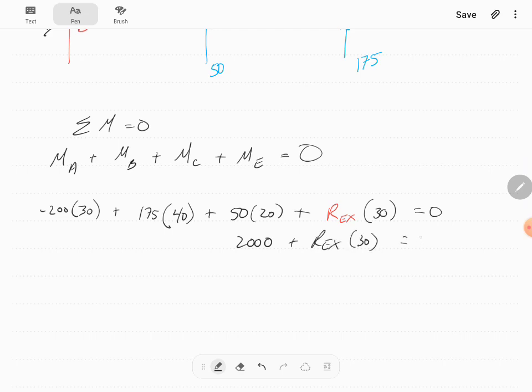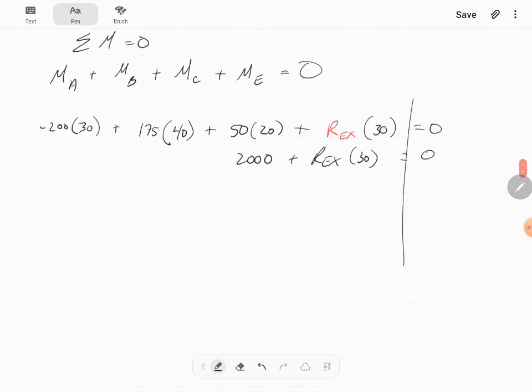Now, this is a silly problem that a lot of you guys are having. You're forgetting your basic Algebra 1 rules. If you cross the line, change the sign. So if this 2,000 is going over here, that makes that a negative 2,000. And REX is still multiplied by 30. So my last step is to divide both sides by 30, which results that REX is negative, and it's